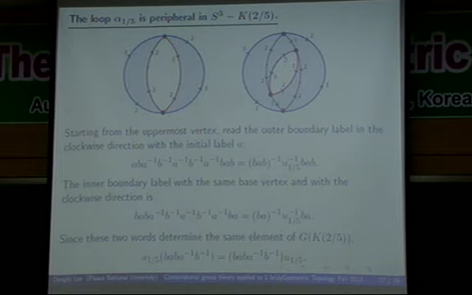And so start from the uppermost vertex with the outer boundary label in clockwise direction with the initial label A, then you have this. And then the inner boundary label with the same base vertex in clockwise direction, then you have this. Then since these two words are equal in this fundamental group, we have this equality. Then we see that this word commutes with the conjugate of this meridian. So as mentioned in the introduction, this is a proof. This is how we were able to obtain